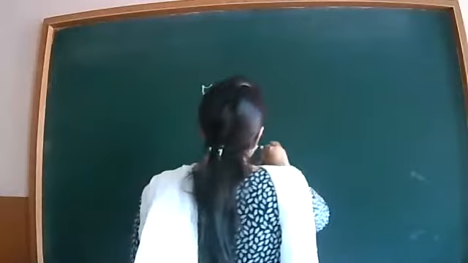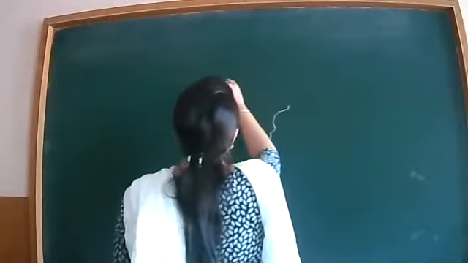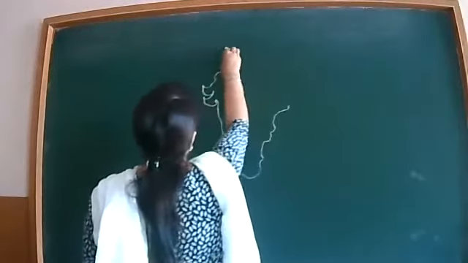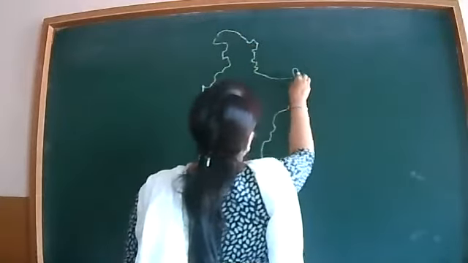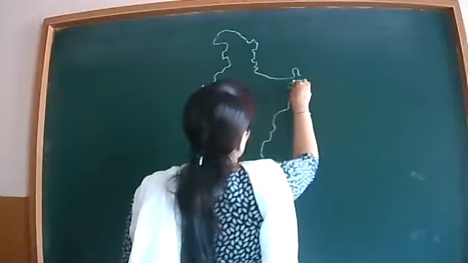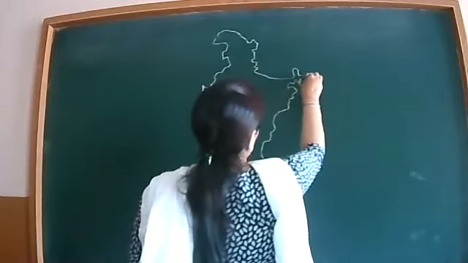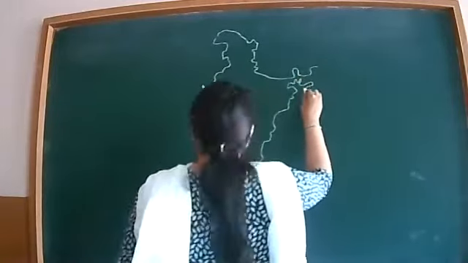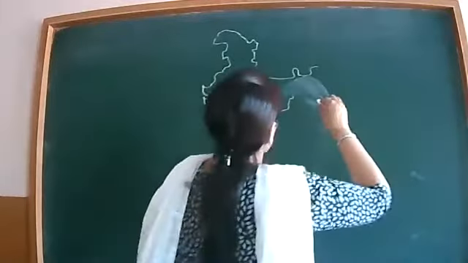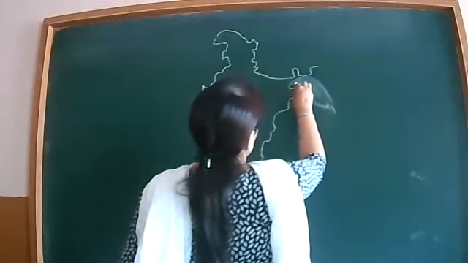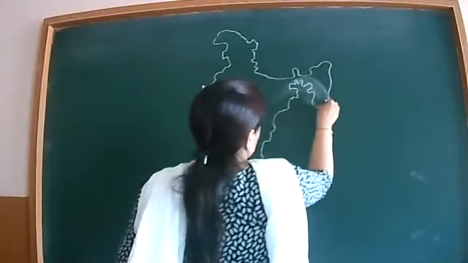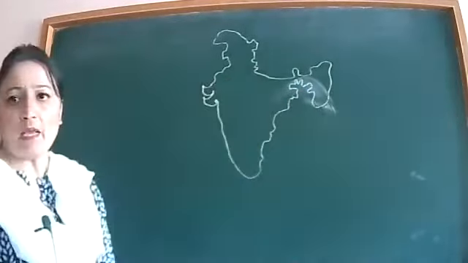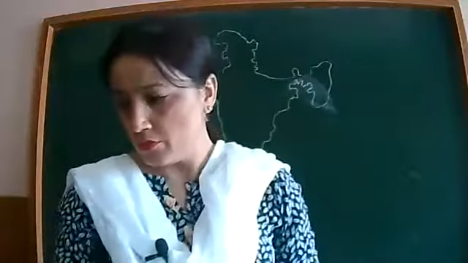If you have a map, it's okay. If you don't have a map, kindly do it like this. You can't say, ma'am, we can't do it, it's not possible. You people have been doing it since third, fourth grade. It's not a big deal for you to make such a map. So the map is in front of you.